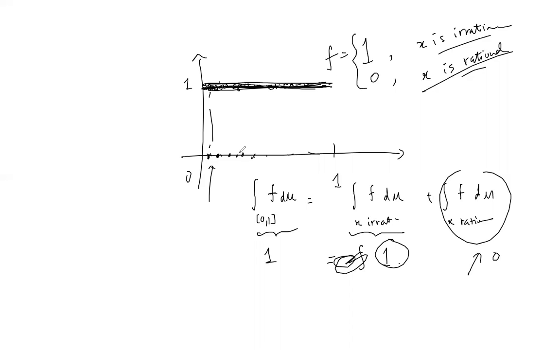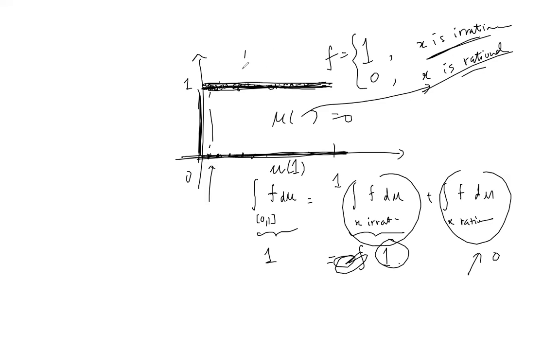But the holes don't matter to you because at the places where you have holes, the measure is 0, right? The measure of this set here is actually 0, because it's a countable set. So it doesn't affect you. The measure for the set of the irrational numbers is still 1, and then the height here is 1. So therefore you get 1, okay, for this part. If you try to use your Riemann integral here, it's not going to work, because there's no way for you to find any kind of meaningful partitions on the x-axis here.